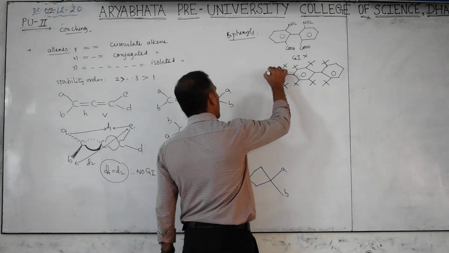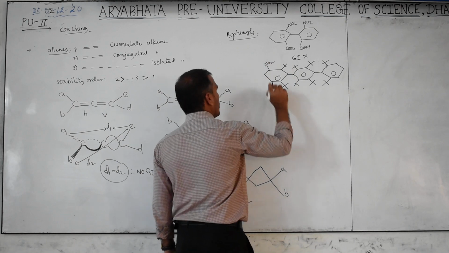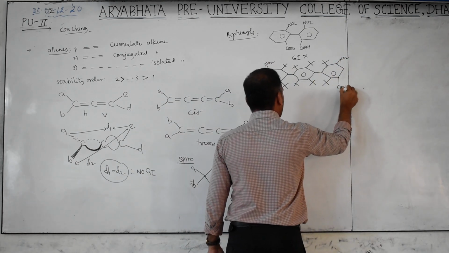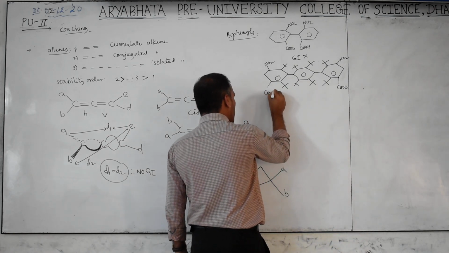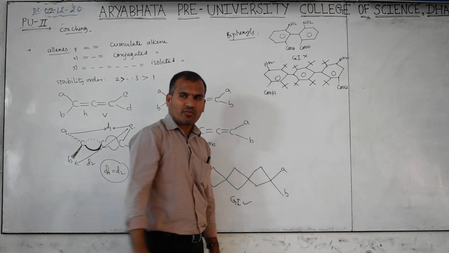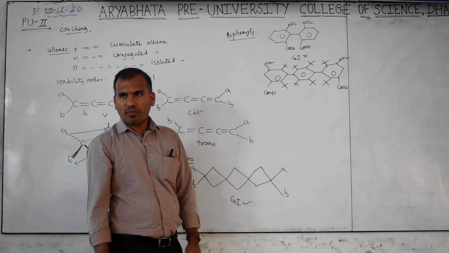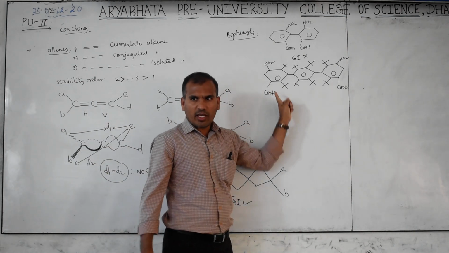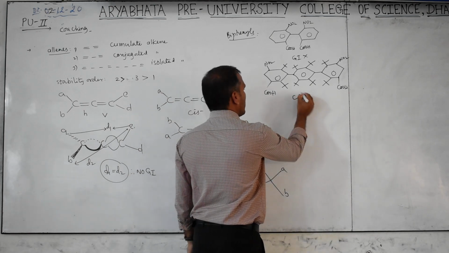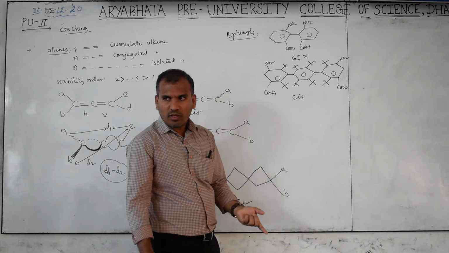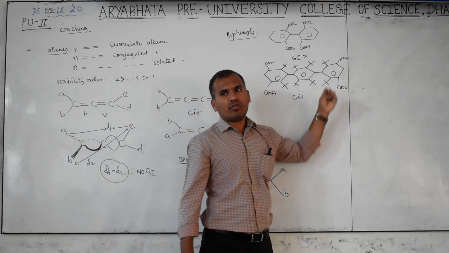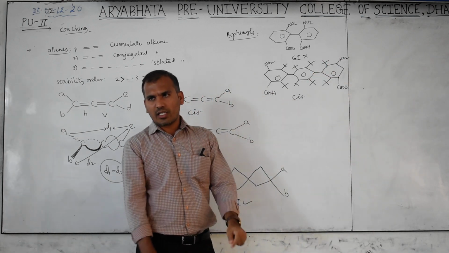Now if you write here NO2 and here NO2, here COOH, here COOH, which form is this? Cis form or trans form? Cis form, because this is horizontal, this is vertical, this is horizontal. Therefore, this is called cis form. Can you write the trans form? Simple. This side don't change, this side change. COOH up, NO2 down. Then you will get the trans form.